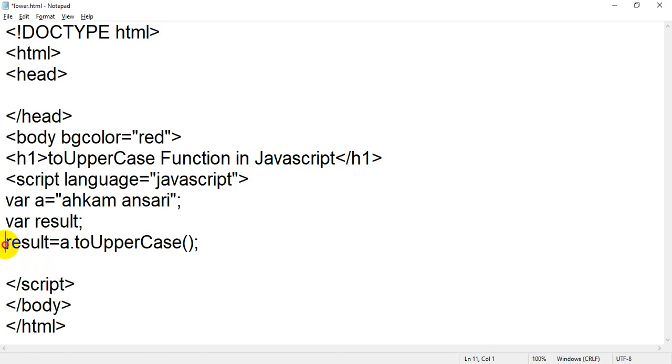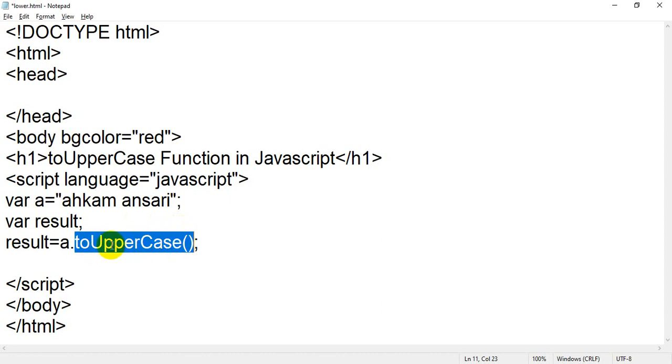So result equal to, like a equal to, where I wrote one string. Now I have written result equal to, and what am I going to store inside result? I want to store a dot toUpperCase. A dot means the value of a, and this toUpperCase function will convert the value of a, your string, into uppercase.